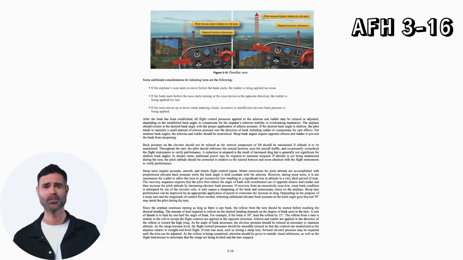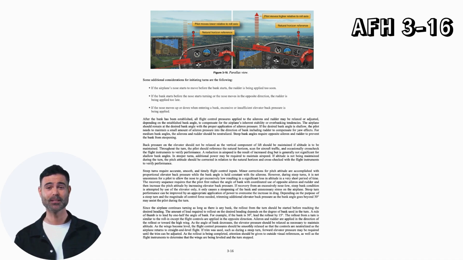Some additional considerations for initiating turns are the following. If the airplane's nose starts to move before the bank starts, the rudder is being applied too soon. If the bank starts before the nose starts turning or the nose moves in the opposite direction, the rudder is being applied too late. If the nose moves up or down when entering a bank, excessive or insufficient elevator back